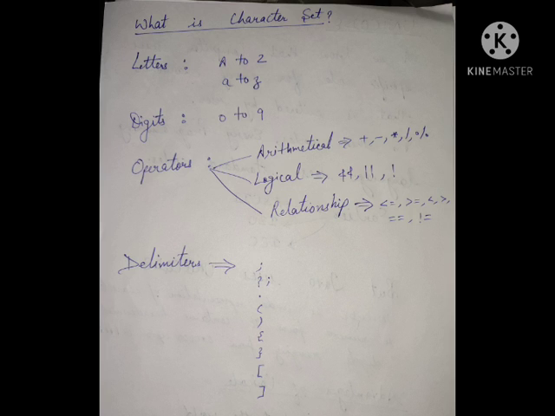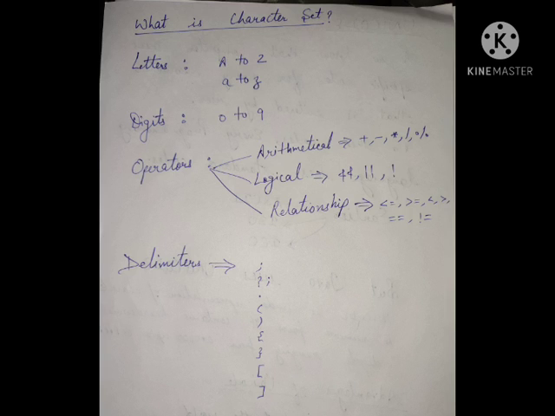Arithmetical operators are used to perform arithmetic operations like subtraction, addition, multiplication and division. Logical operators are used to combine more than one condition in one sentence. These operators are logical AND, logical NOT and logical OR. Relational operators are used to check a condition, to compare more than one thing. These operators are less than or equal to, greater than or equal to, less than, greater than, equal to and not equal to.